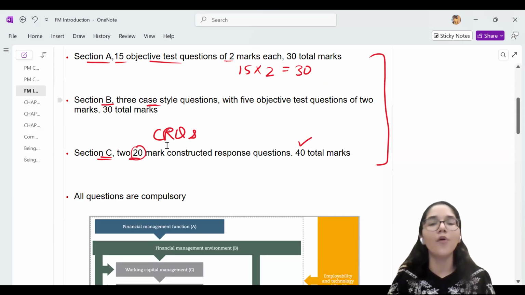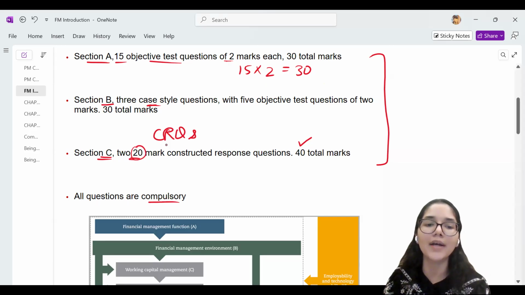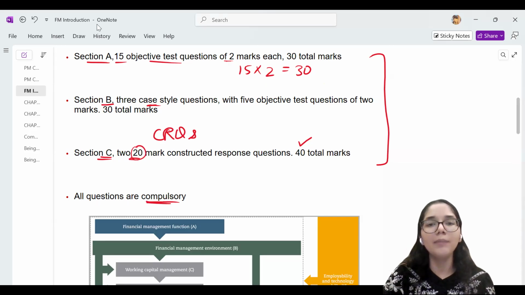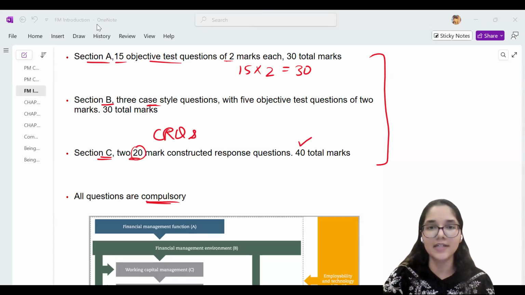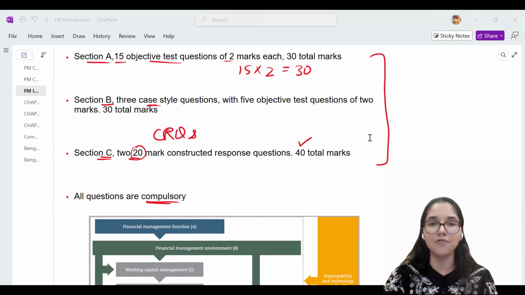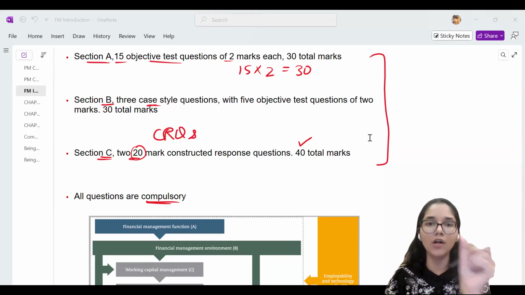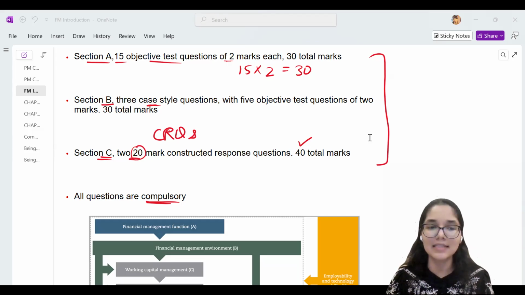Just one more very important thing which people should take a note of is that all of the questions are going to be compulsory. What we mean by the questions being compulsory is that if you talk about probably your university exams, sometimes we do get choices. I personally did my graduation, a bachelor's degree, from Delhi University. So there we have lots and lots of choices. Internal choices are given. Solve this question. There's a big "or" written in the middle, or you can solve the below question. So it's a choice. But when it comes to the ACCA exams, all of the questions are compulsory.